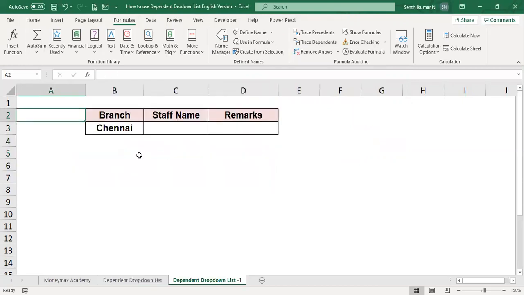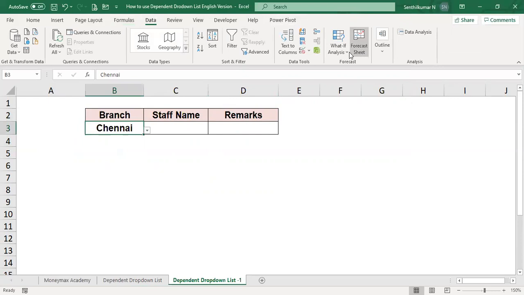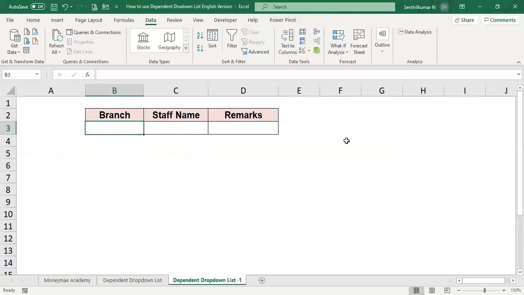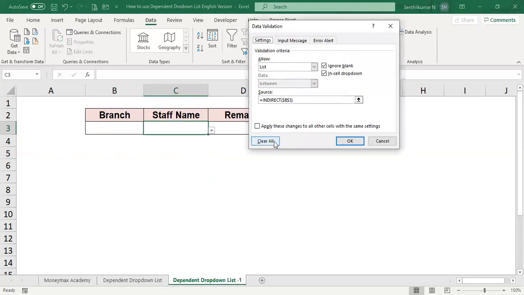Second step, we can remove the data validation here. Select, clear all, yes, remove. Now we have to remove the previous formulas, functions, everything.